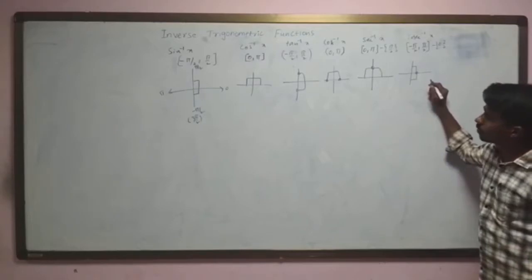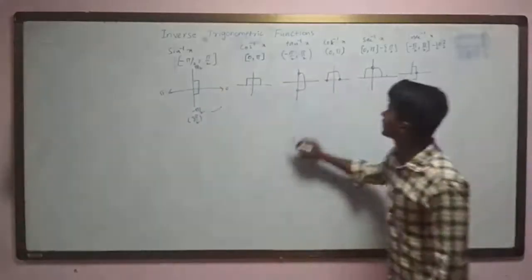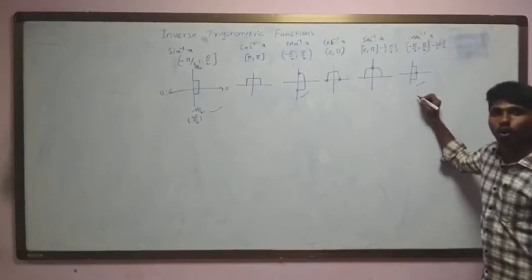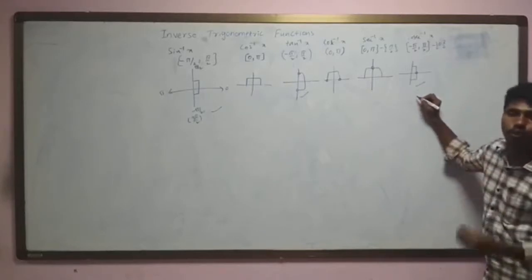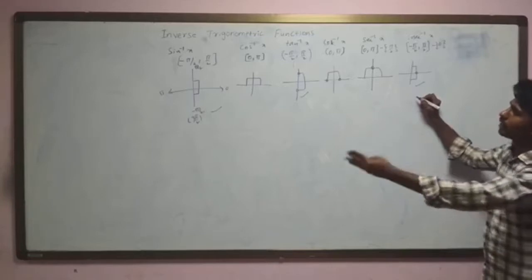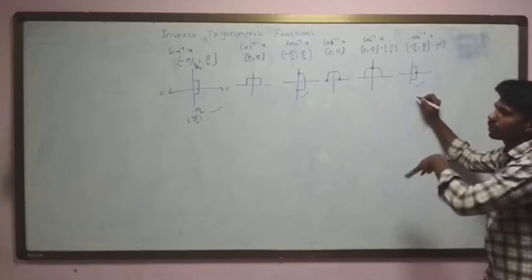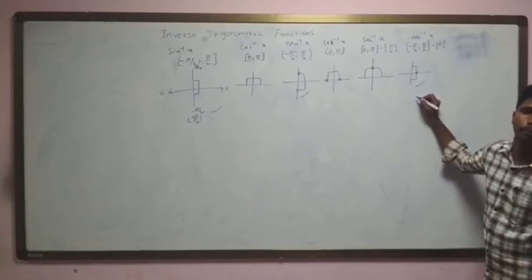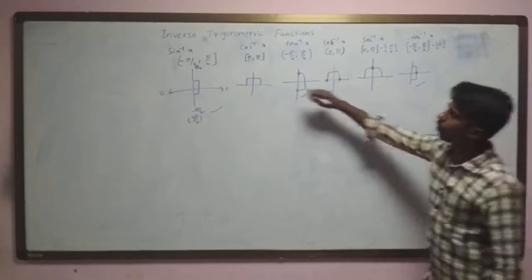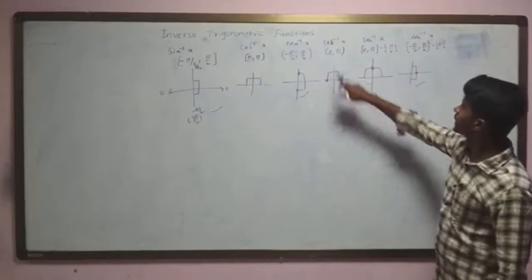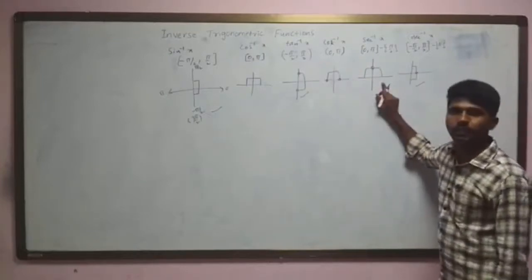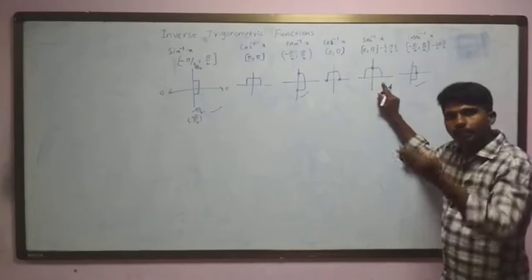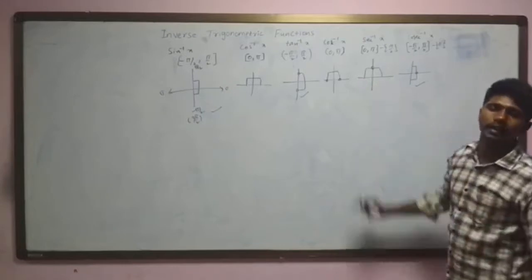So if I observe, sin inverse x, tan inverse x, cosecant inverse x all belong to the first and fourth quadrant. The answers of sin inverse, tan inverse, cosecant inverse will lie in between minus pi by 2 and pi by 2 only. And the values of cos inverse x, cot inverse x and secant inverse x lie in between first and second. So we get answers in between 0 and pi radians.